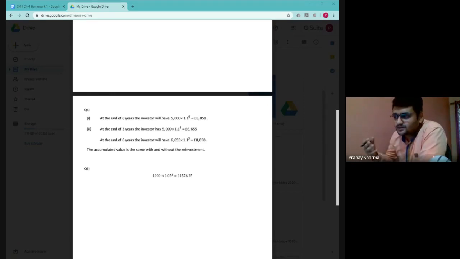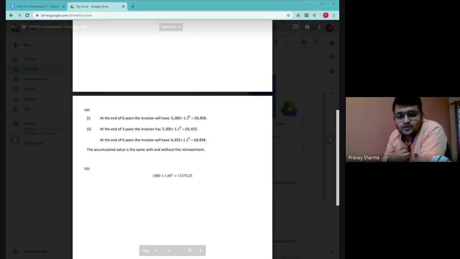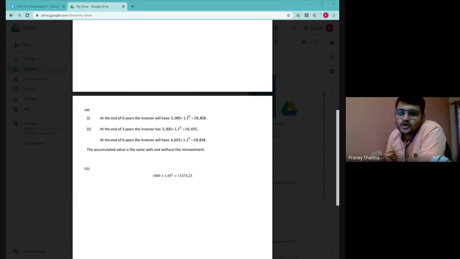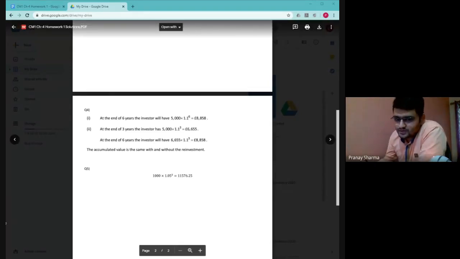That is the concept, and that is why we have the principle of consistency. In 5 years if somebody is giving you 500 rupees as interest and somebody else is giving you only 300, you will go for 500, you will not go for 300, right? That is the principle of consistency. Even if I say I will give you money in 2 years, and then you reinvest for 3 more years, in the end I should get the same returns as in the 5 years or 6 years that we had in the question here. So yes, it is the principle of consistency.